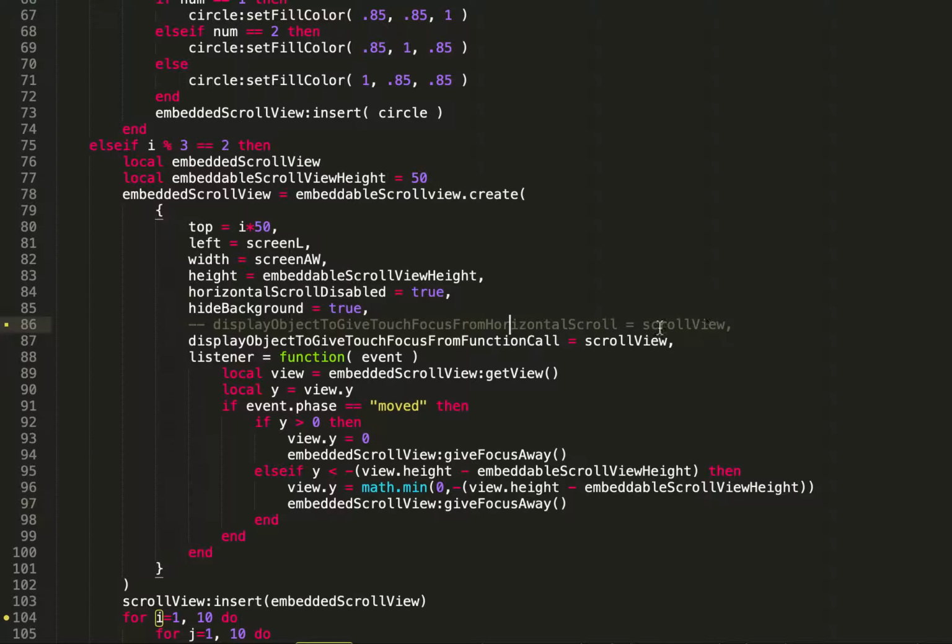So there you go. There's also another feature I implemented, which requires a little bit of legwork on your part, but say you just want to arbitrarily give the touch focus at any point in time. You just want to say, hey, I'm going to call this function, and when I call this function, give the touch focus to this other object. So here I can just do it on a function call. Here's my embedded scroll view, I'll just say give focus away. And once you do that, it just starts forwarding all the events to the other display object as if it were